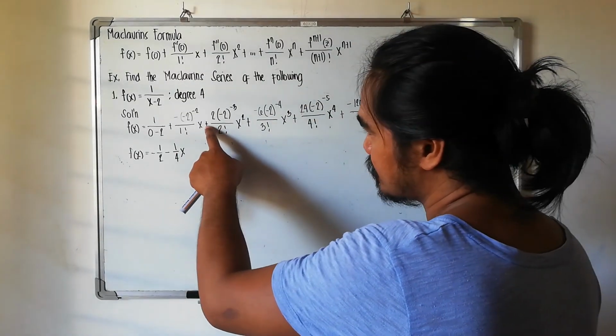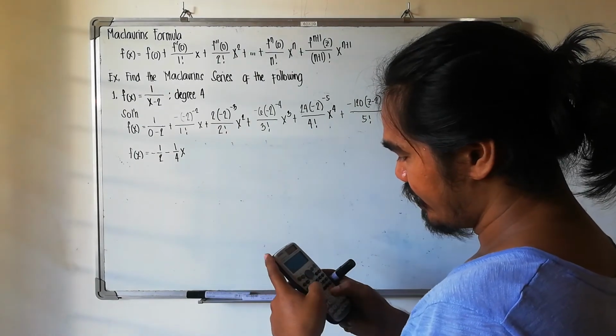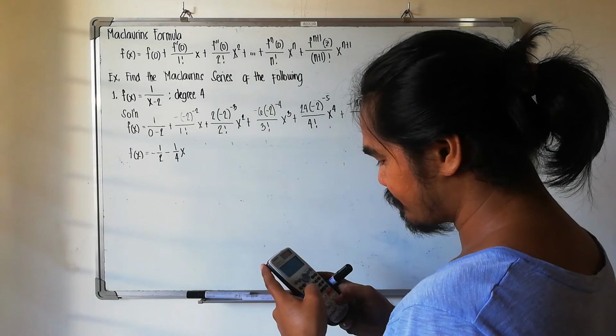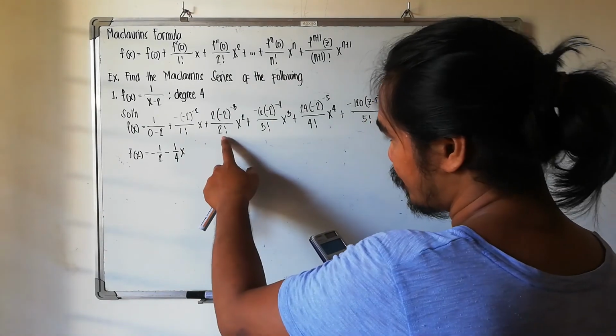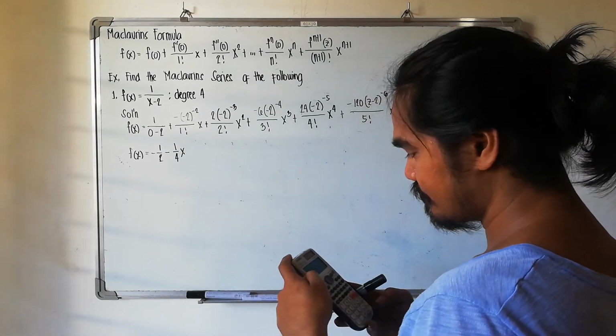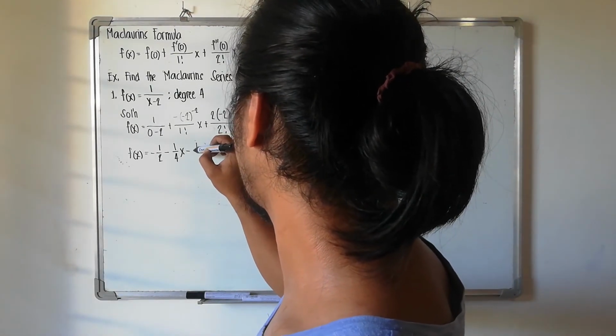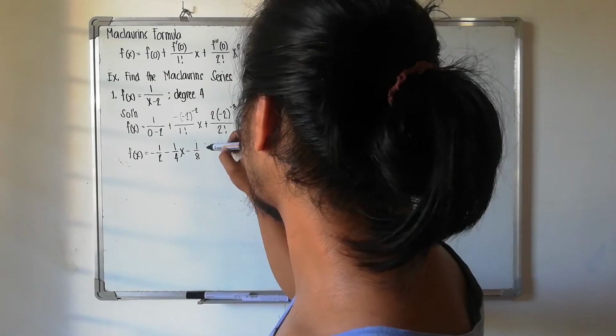So, plus 2 times negative 2 raised to negative 3 over 2 factorial, that is negative 1/8 times x squared,